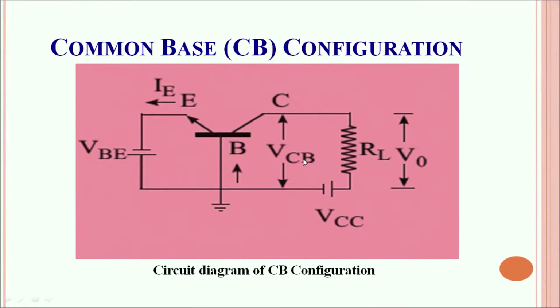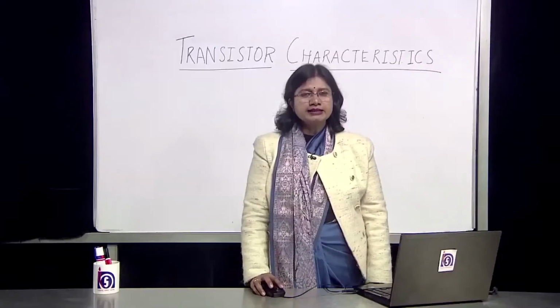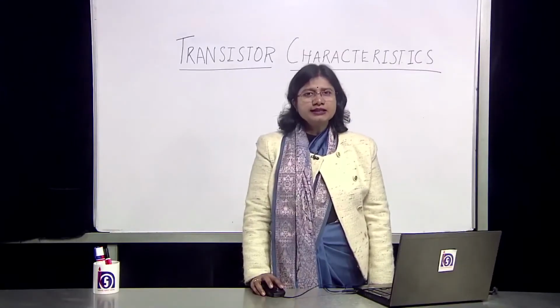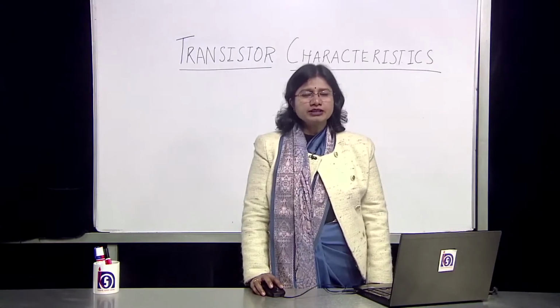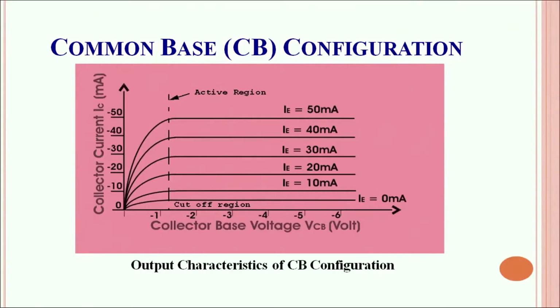Over here, now if we look at the characteristics, both the input and the output characteristics indicate a constant voltage over a given range. Let's see the two figures. Let's understand the common base configuration output characteristics. Over here, we have plotted the collector current IC as a function of the collector base voltage, keeping the emitter